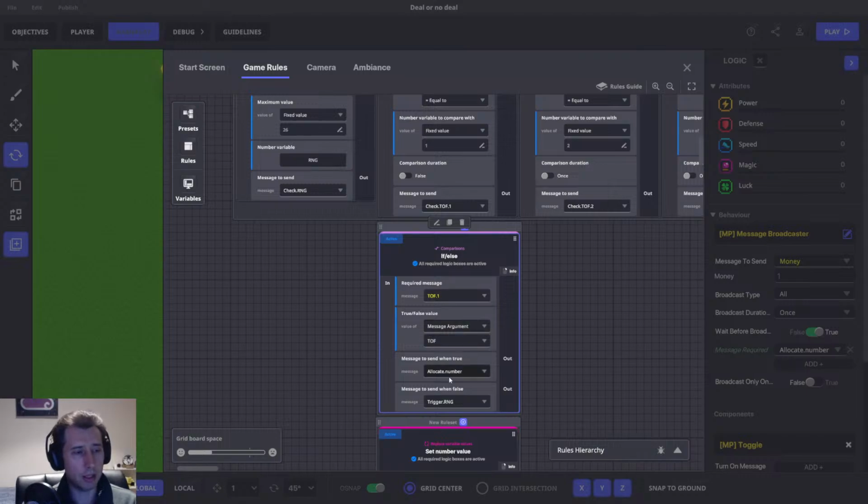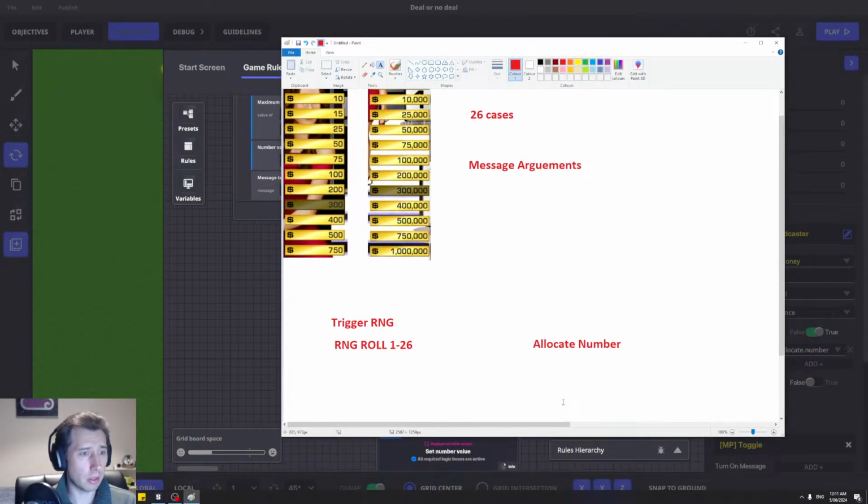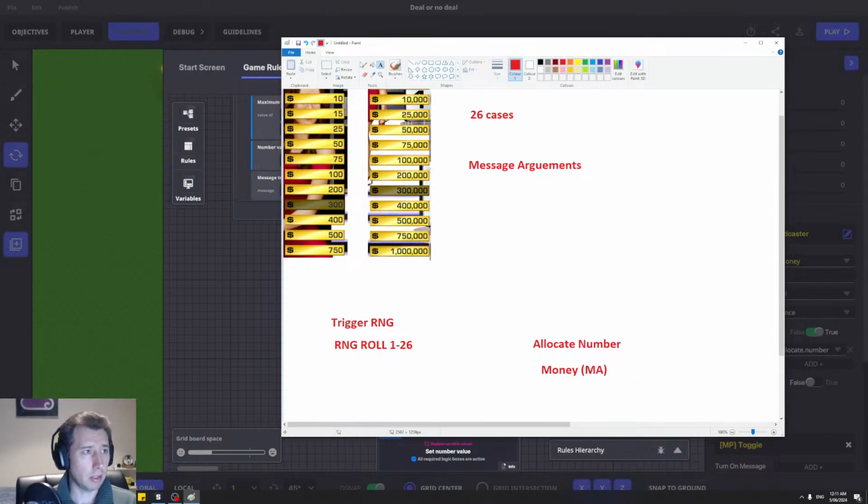So once allocate number is set, it gets sent to the message broadcaster, which then sends the message money. So we'll go ahead here and type in money, which is a message argument. So basically what we're doing here is we're going from here to here to here,